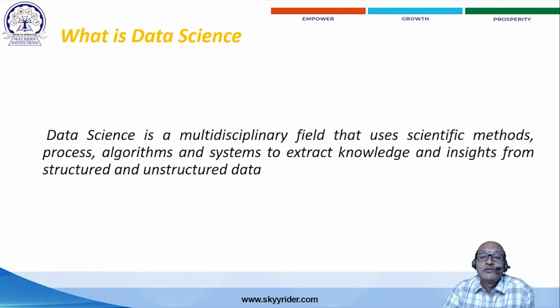It is a multidisciplinary field that uses scientific methods, processes, algorithms, and systems to extract knowledge and insights from structured and unstructured data. So, what is meant by data? Generally, system user information is called data. There are many different types of data, like patient data or voters lists. Whatever the data, it is in rows and columns.